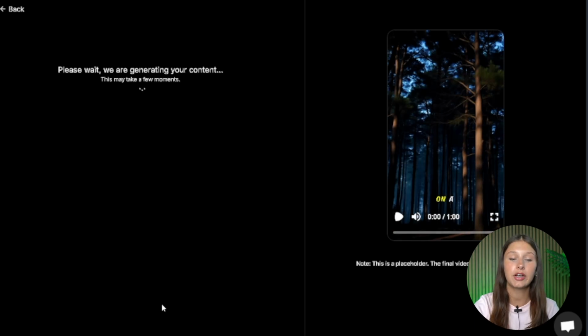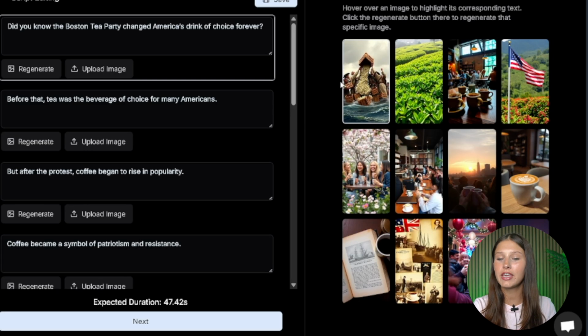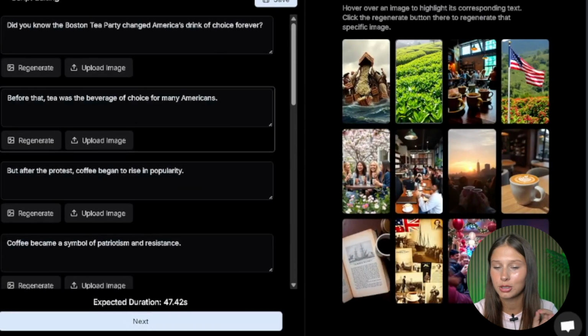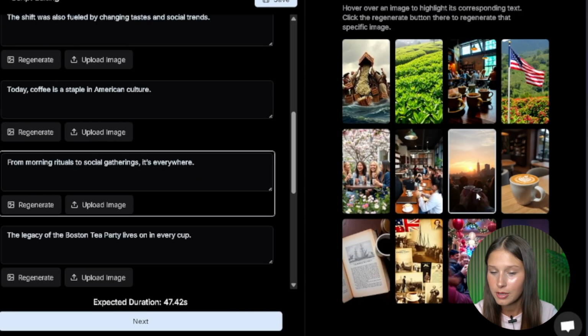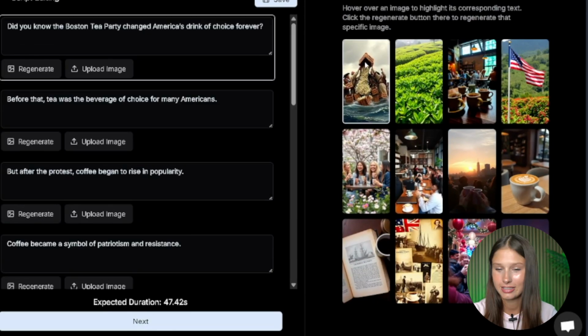Then I can hit generate content, and now it is creating my script for me and also creating the images to go along with my script. And here, just a few seconds later, I have my script all ready and all of the images have been generated. Now this is the time where I do like looking at the AI generated images, because sometimes they can generate a little funny because AI is AI. Sometimes images can be a little bit scary.